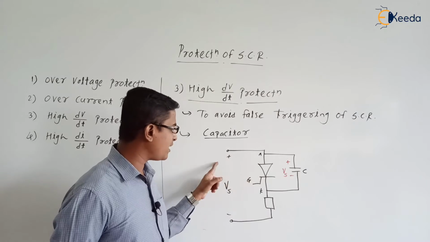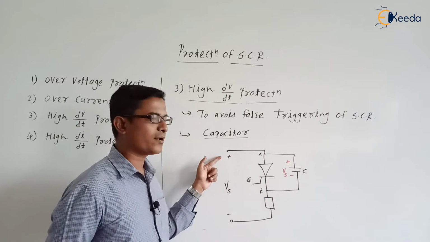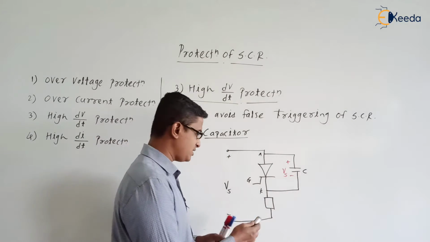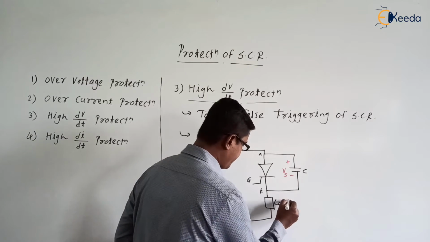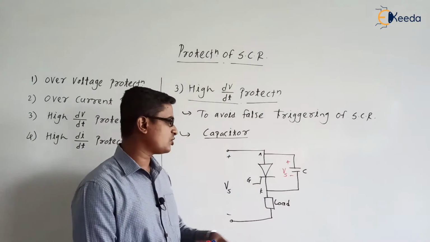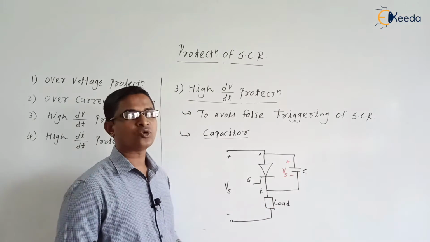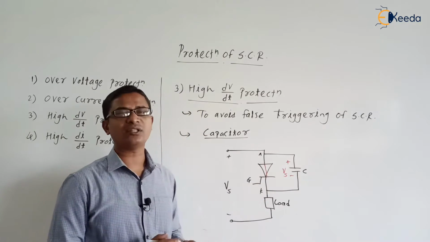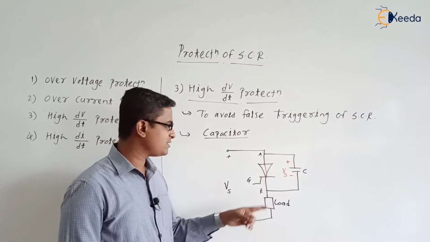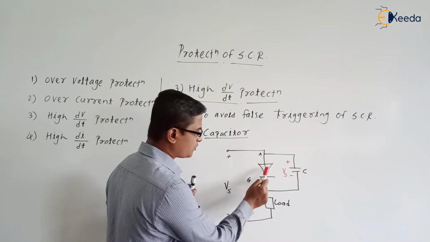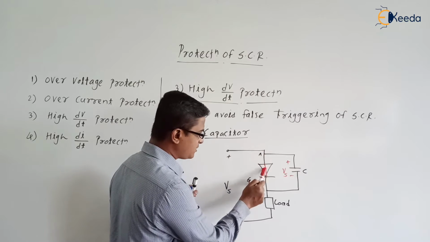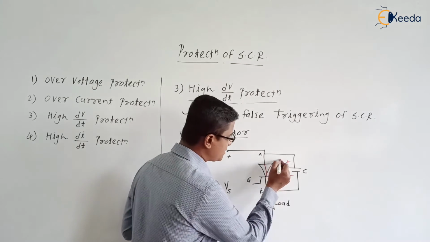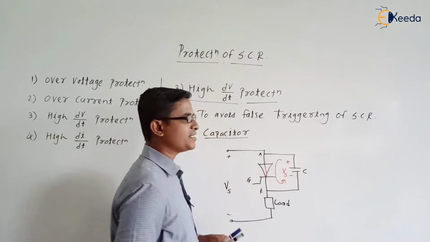When the SCR is in the off state, the capacitor goes on charging, which means current flows from the Vs positive plate through the capacitor, the load, and back to Vs. This one is the load. Now the capacitor is charged to the voltage of Vs volt. Now suppose for the particular operation we turn on the SCR at any instant. When the SCR is in the on state, one current will flow from Vs through the thyristor, the load, and back to Vs. Similarly, the capacitor will be discharging through the SCR.